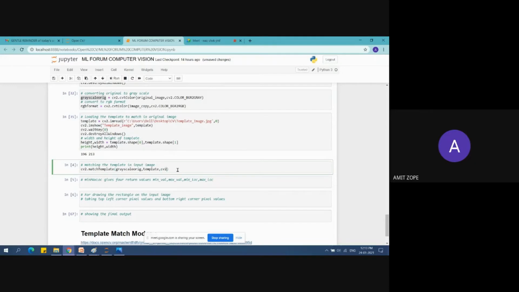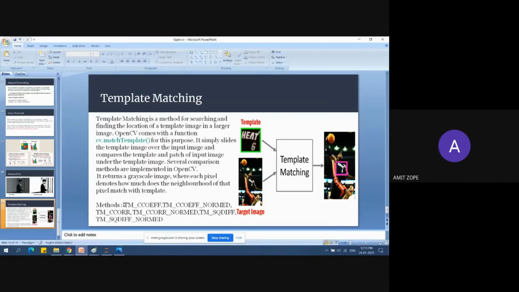Now, cv2 dot. There are the methods for template matching, cv2.TM underscore. So these are the methods here. Among these methods, square difference and square difference norm require the minimum location, because the maths behind them gives the best result for the minimum values.